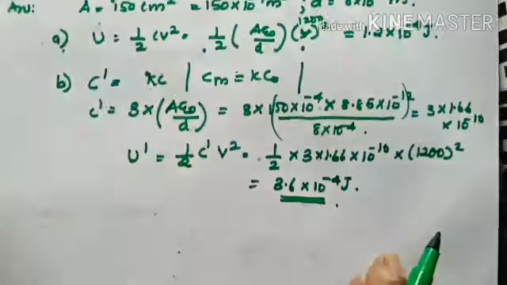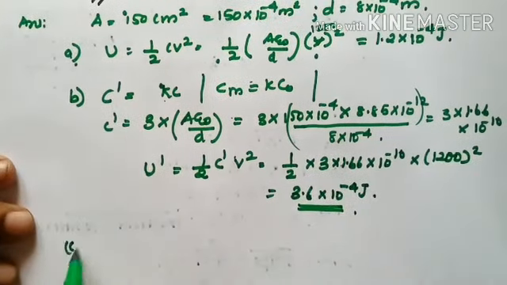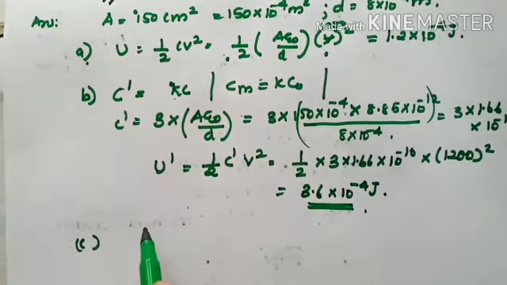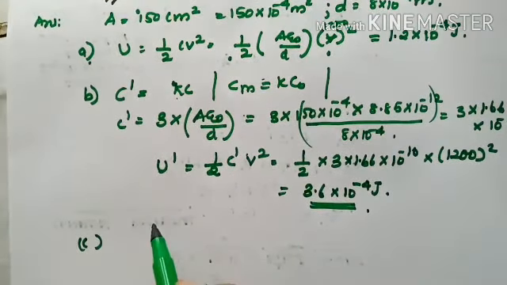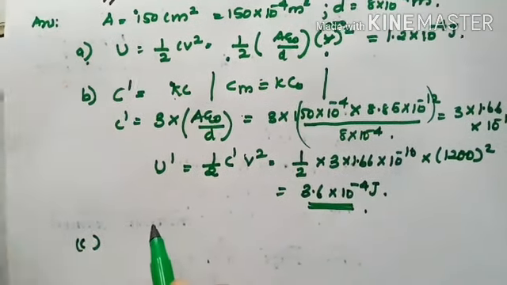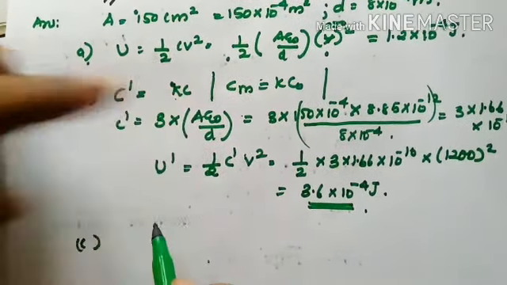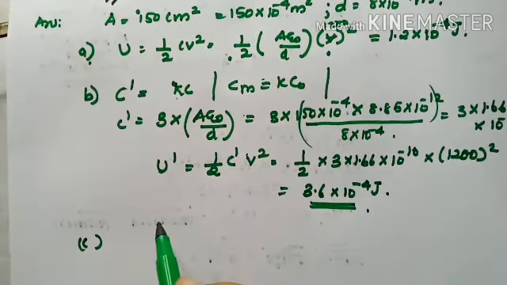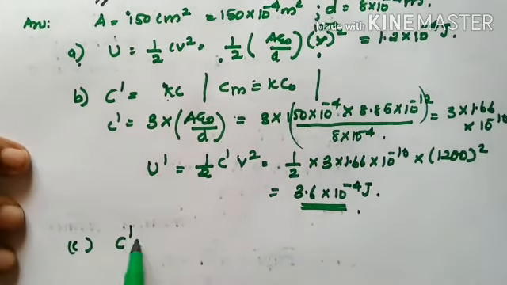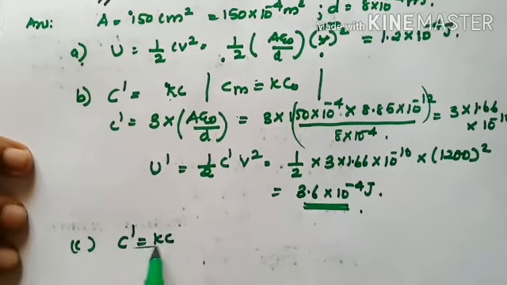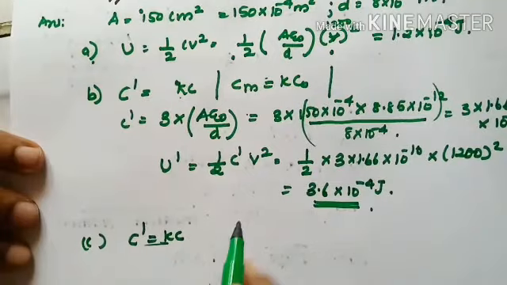Right, now we'll go for the last part of the question, that is what happens to the potential when you introduce a dielectric medium. Right, we know what happens to the capacitance value when you introduce a dielectric medium. Similarly, you are asked what will be the potential. See guys, C dash is Kc, that is new capacitance will be K times the initial capacitance.